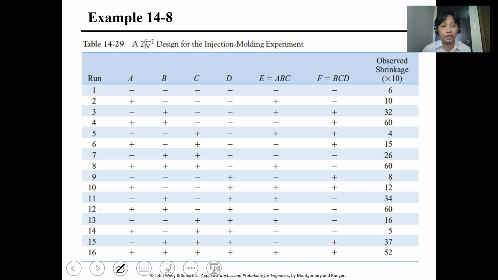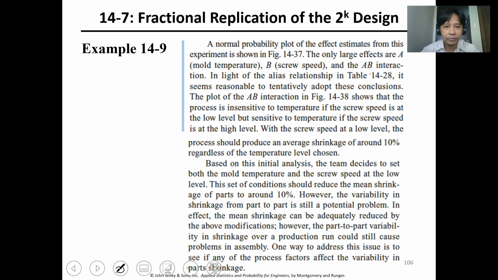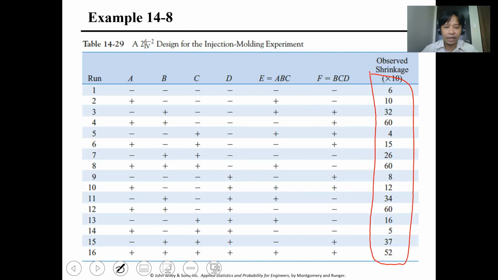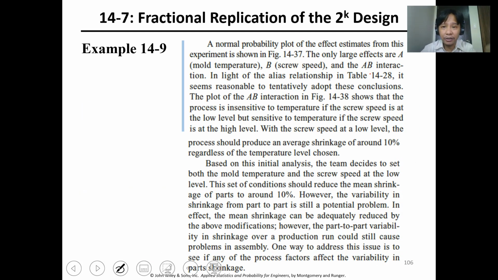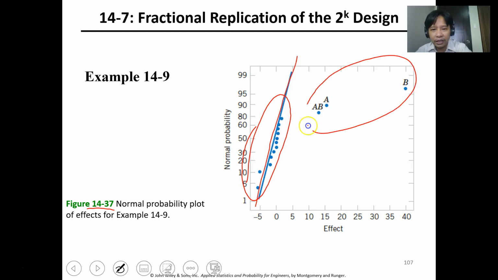Kasi naka-fractional siya. Then, ito na yung observed shrinkage times 10. Times 10 siya. Percentage to. Okay. A normal probability plot of the effect estimate from this experiment is shown in 14-37. So, ito yung figure 14-37. So, as you can see, majority of the plot follow this line, but this 3, yung A, B, at saka AB